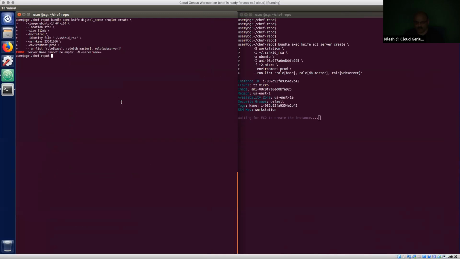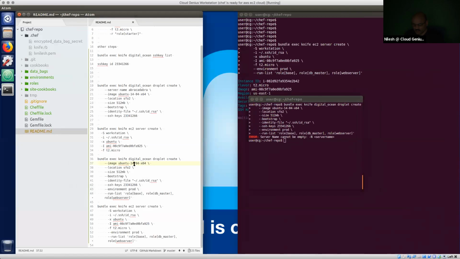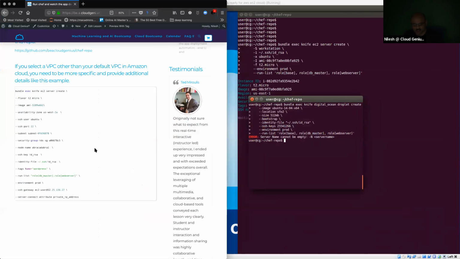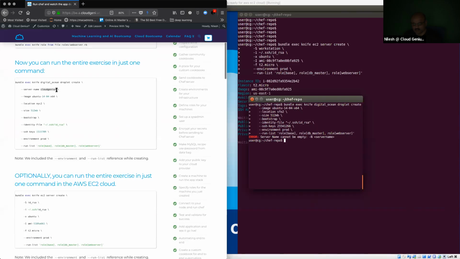And server name cannot be empty. Apparently I have a typing mistake there. So let's go find out what that typing mistake was. Apparently I forgot server name somewhere. It says server name cannot be empty. Okay, so I think I'm missing server name for some reason. Let's see what the reason is. The reason was that I forgot Cloud Genius for some reason,